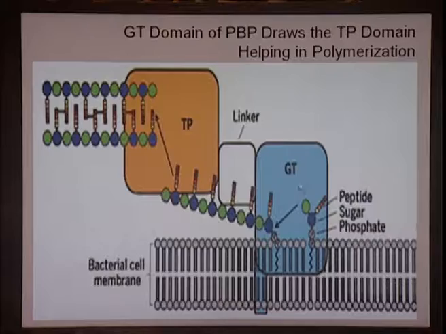Now, naturally these activities are controlled by a unique protein, the penicillin binding protein or the PBP, and this PBP is actually having two major sites, the TP and the GT, joined by a linker. The GT is attaching the glycosyl residue, whereas the TP is attaching the protein residue, and in this way the TP and GT will work side by side and thereby produce the unique bacterial cell wall component.